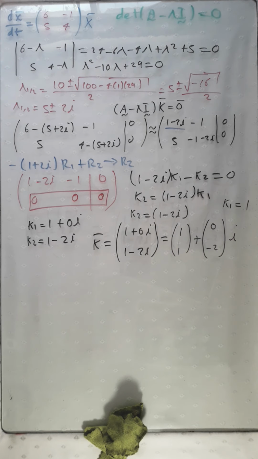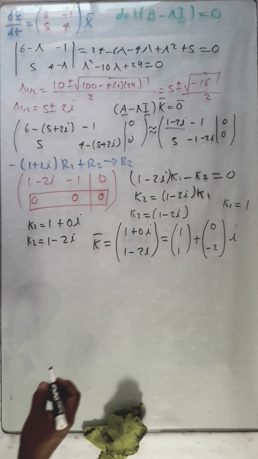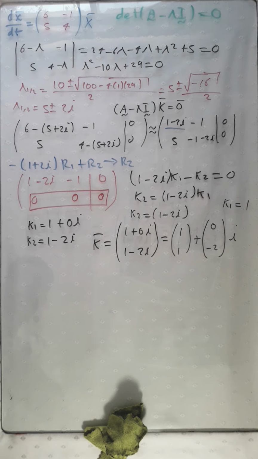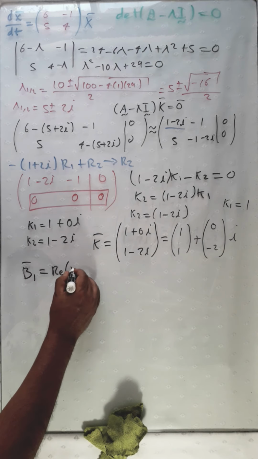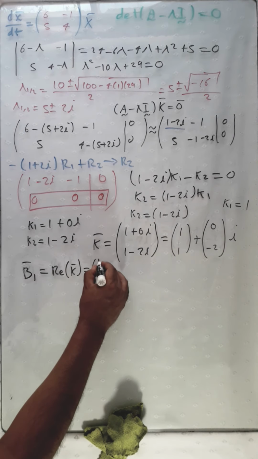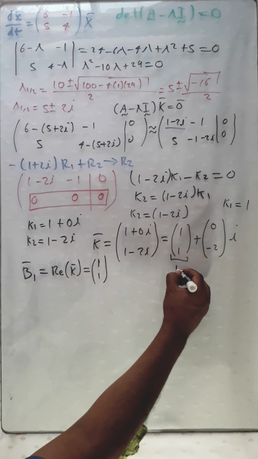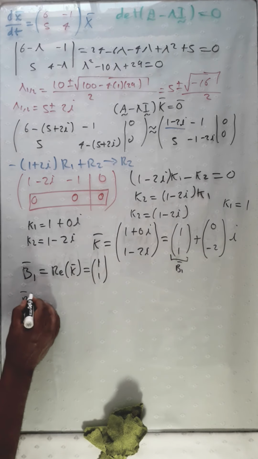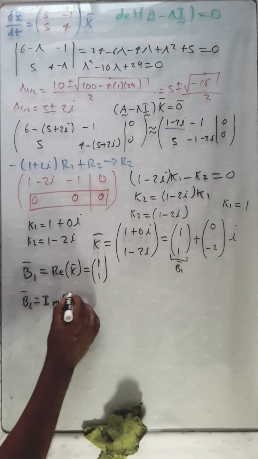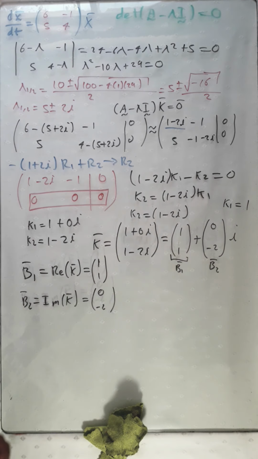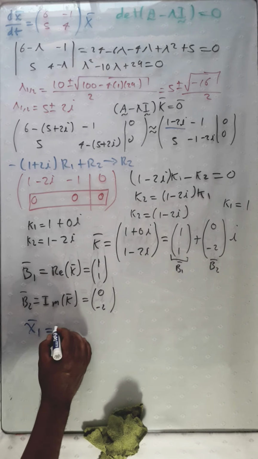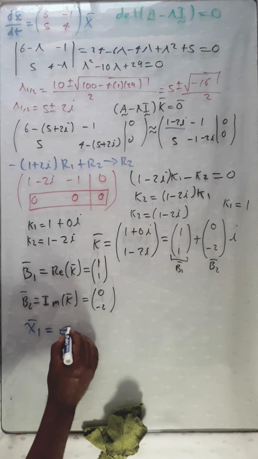Now, here comes the thing: formulas. I don't have time to demonstrate the formulas, so let's use the formulas as I told you. The b1 vector is going to be the real part of the k vector, which is just 1 and 1. This is the b1 vector. And the b2 vector is going to be the imaginary part of the k vector, so that means 0 and minus 2. This is the b2 vector. Now, the solution will be, I'm going to use the formulas from the book. My first solution is going to be exponential of lambda